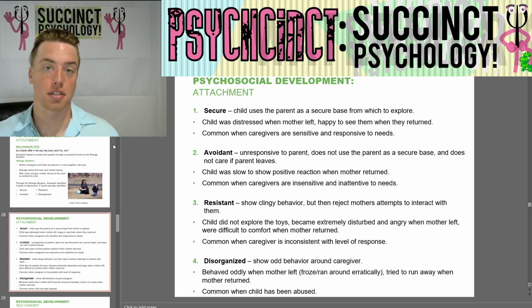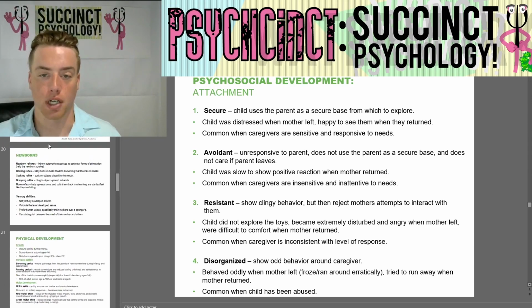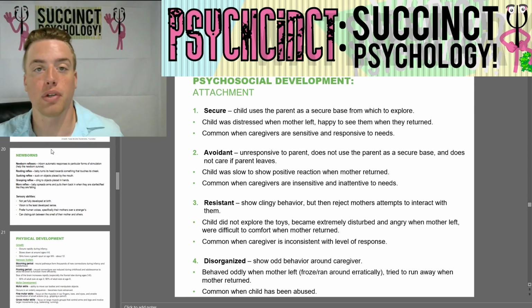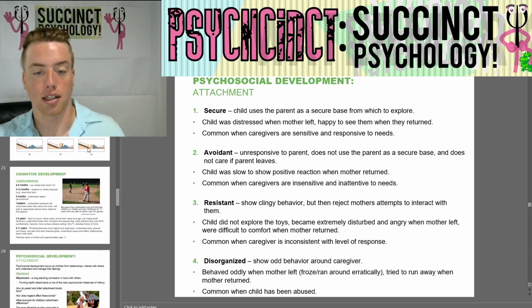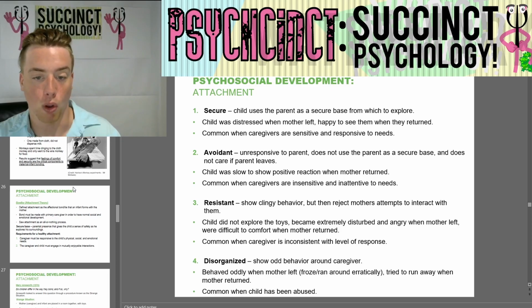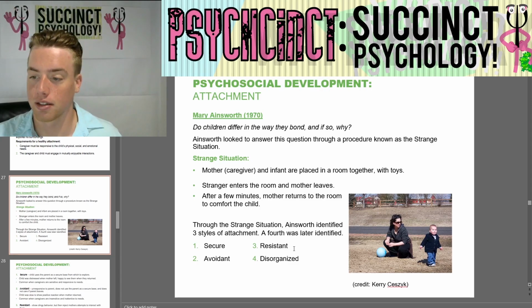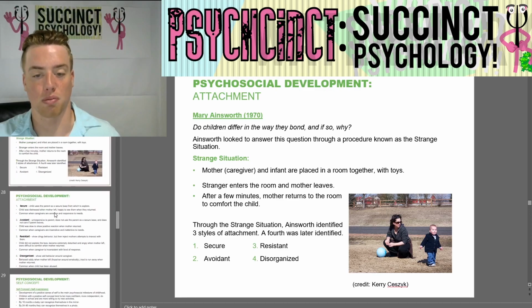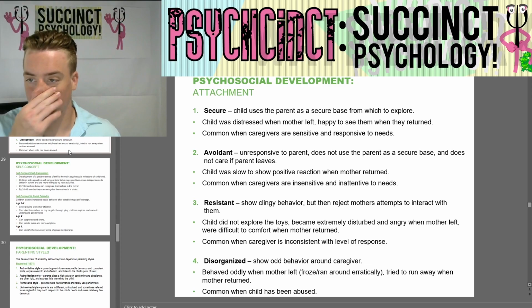I'm here at Succinct Psychology, and today we are going to continue going through Chapter 9 from the OpenStax Psychology 2E textbook, Development. Last time we talked about physical development, cognitive development, and then psychosocial development. We spoke about Harlow's theories, Bowlby, attachment theory, and then Ainsworth, who discovered through the Strange Situation experiment 3 styles of attachment, and a 4th one was later discovered. So today we're going to continue where we left off and go through each of those 4 types